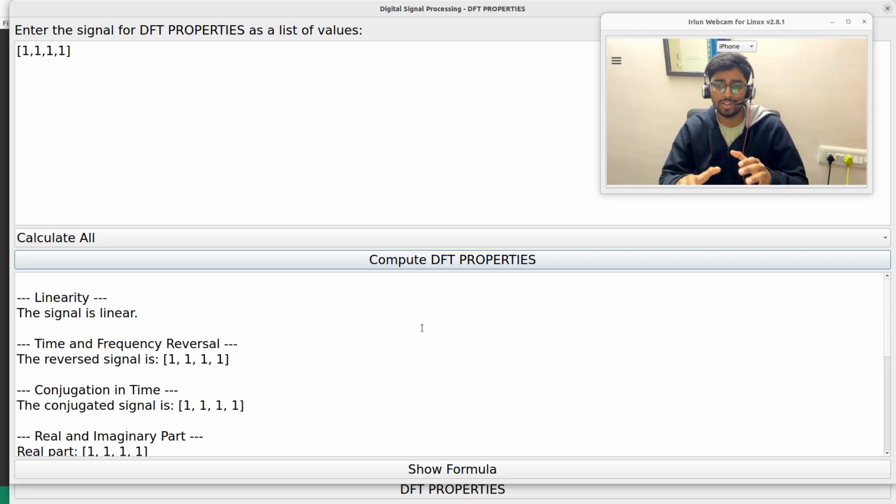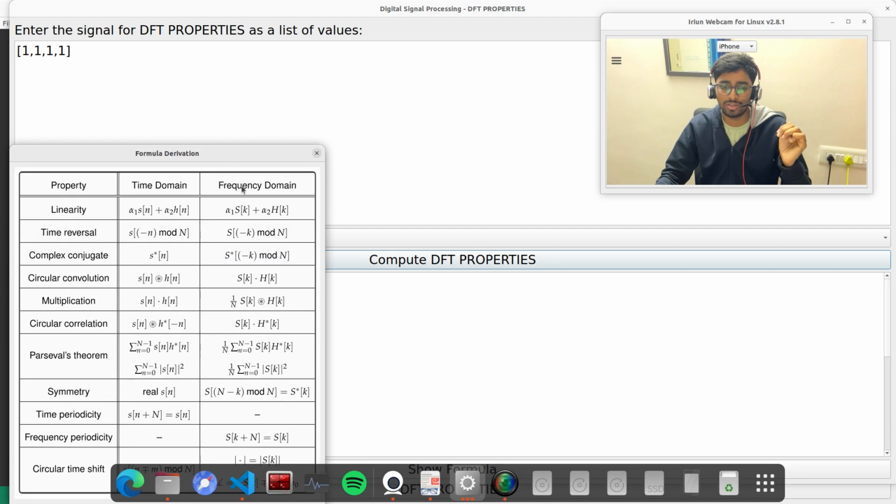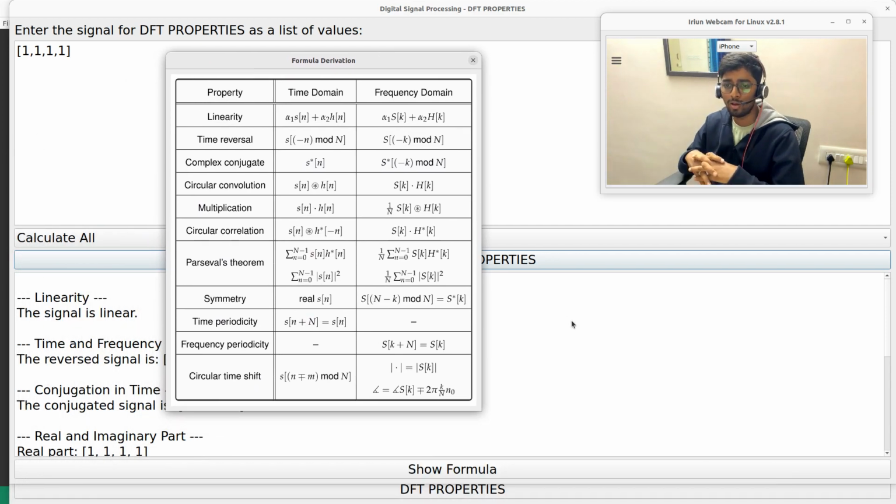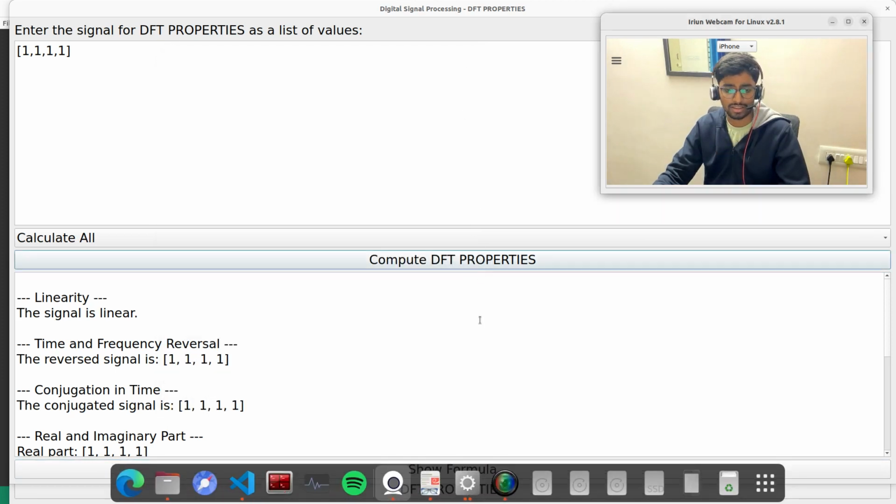So right now we don't have any extra computational algorithms or something like that. I have given show formula so that the students or faculties who use this will also be aware of formulas and how the linearity and these things are calculated. So later on, in the next stage, if I show you,